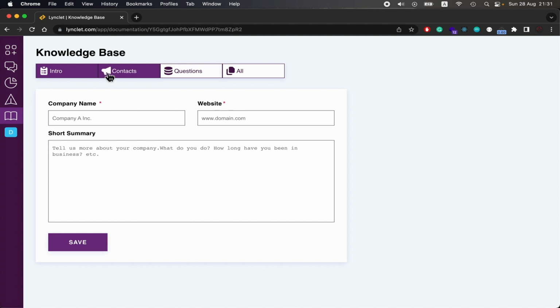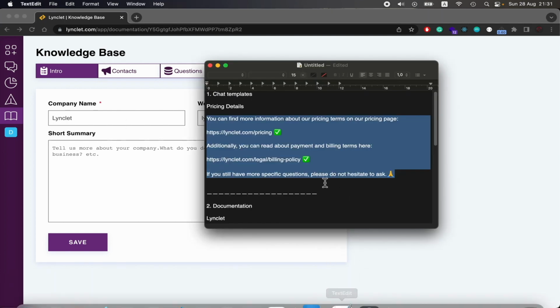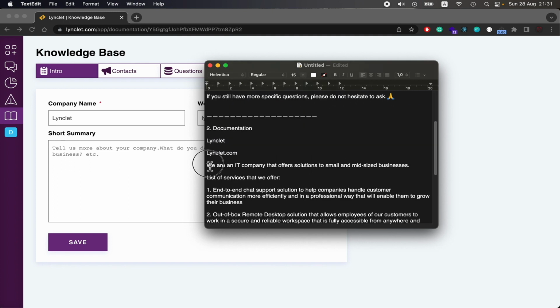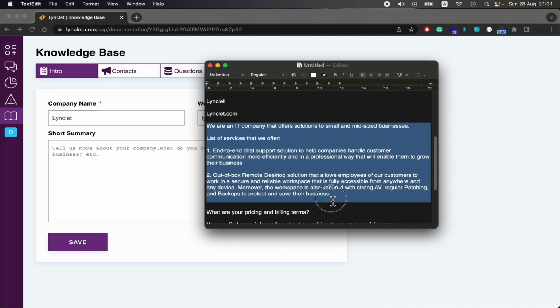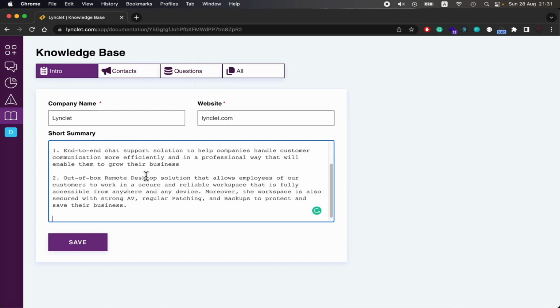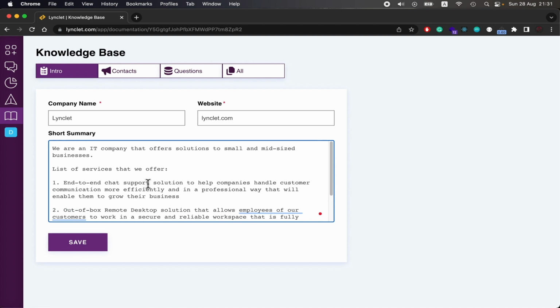So the documentation page contains 3 steps. First is company information. So just a summary of what your company does. I have prepared some predefined information. Let's copy, paste. When you're ready, make sure to click save